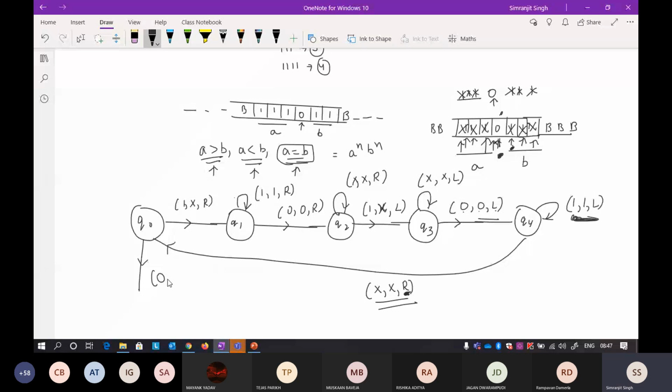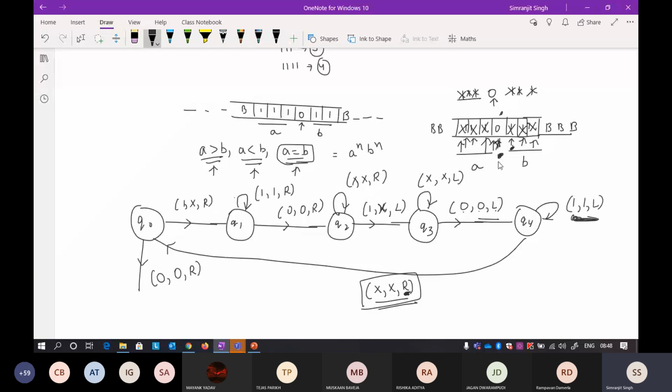Okay, so I will see a 0, and then I will see a 0, then I'll start moving right. Okay, so I will go towards the blank. Okay, so just let me confirm what exactly is happening, why I'm moving right here. 1 L. Okay, so 0 0 L, keep moving left, and there is no 1 here, but there will be an x. Okay, so when there is an x, I will move right.